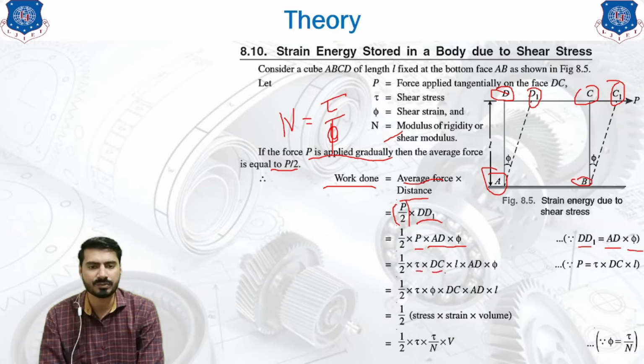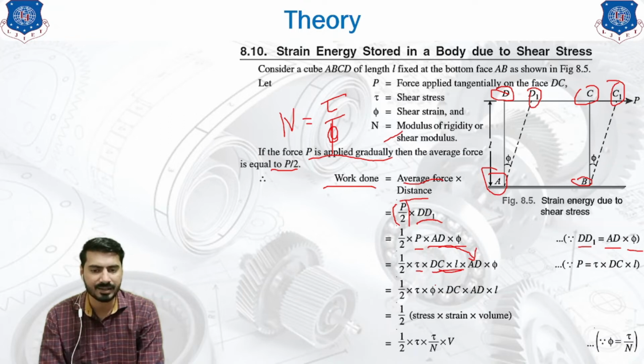What is the amount of stress? That is tau, and area is dc on which it is applied. Now instead of calculating the converting this point, we are keeping this AD into phi as it is. We know that